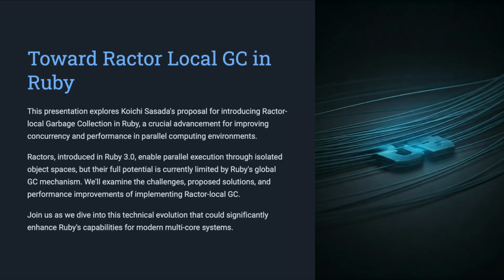Great to be here. Today we are plunging into some really interesting source material from Ruby Kaigi. This is a talk by Koichi Sasada looking at concurrency and performance in Ruby. Loic Menet collaborated too, I should mention that. We're specifically diving into a notoriously tricky piece of the puzzle, garbage collection. And not just GC, but how it interacts, or maybe how it needs to interact with Ruby's Ractors for